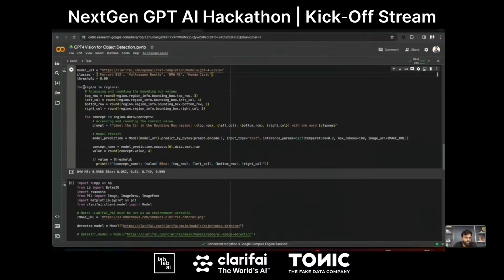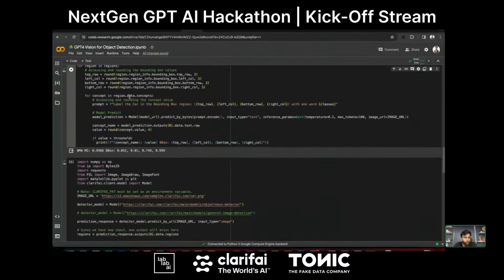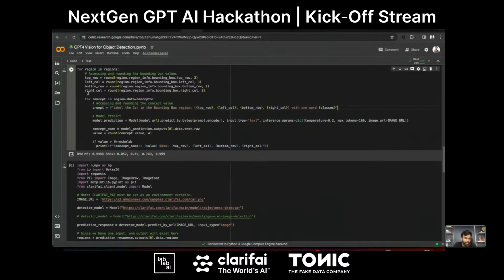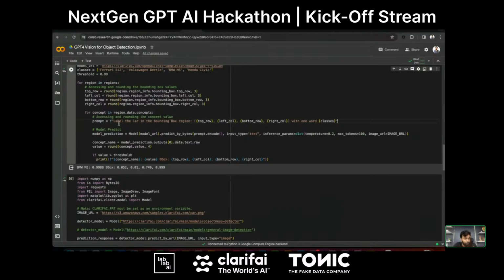And then you can see I'm iterating through all the regions and all the concepts that we have in each region. Here you can see I am passing my prompt. Within this prompt, I mentioned: label the car in the bounding box region. I'm passing all the coordinates of the region as an f-string: the top row, left column, bottom row, and right column.